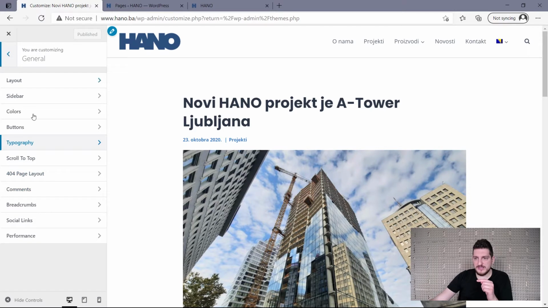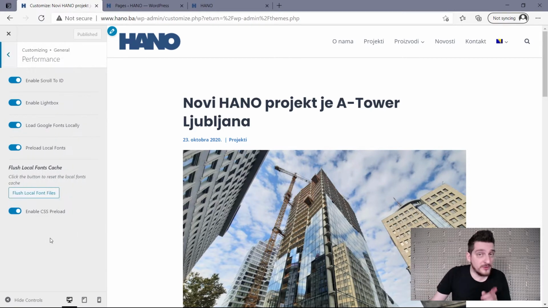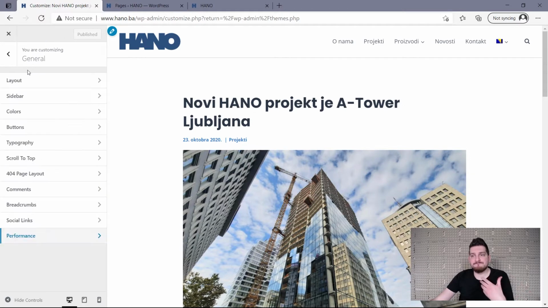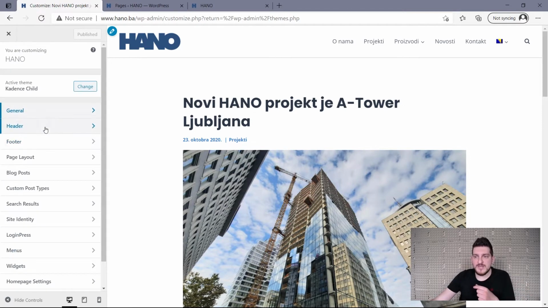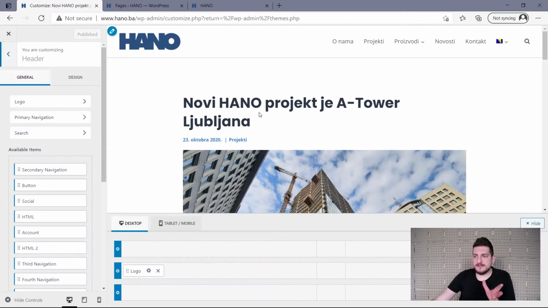Then what I'm doing is I'm using the performance tab actually. So Kadence has a performance tab. You can preload CSS, you can preload local fonts. You can load Google Fonts locally, so you have better performance. Yep, these things exist. So then we have the header, and for the header, I have tweaked just, I was using